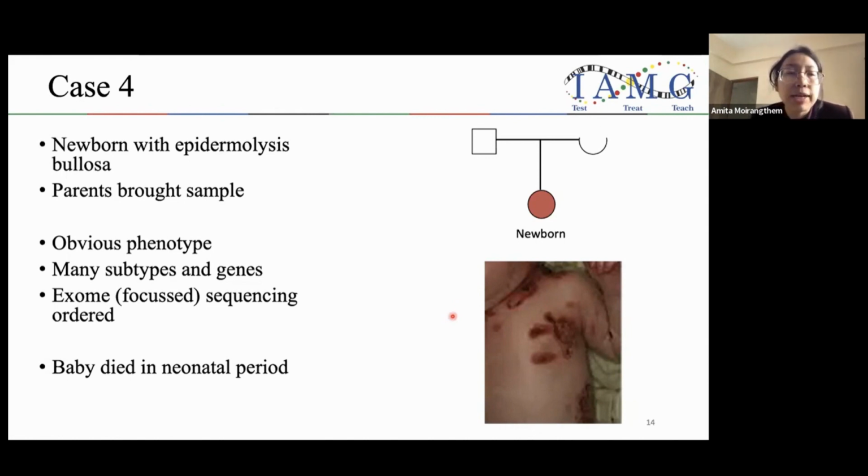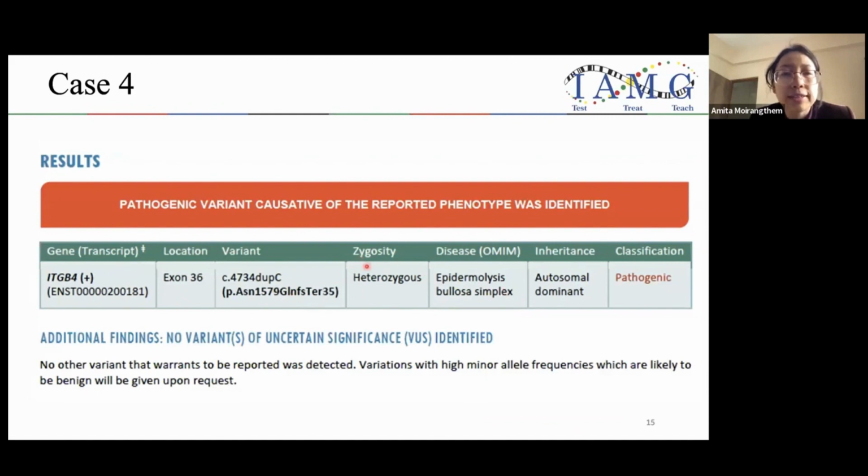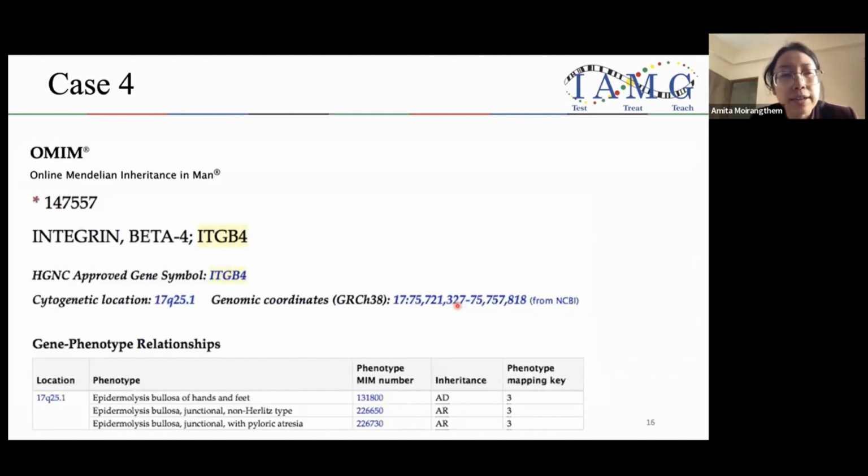So this was the report which was generated by the lab, where they identified a heterozygous pathogenic variant in this particular gene. So this is associated with epidermolysis bullosa simplex. So when we reviewed the report and did our homework, this particular gene ITGB4 is associated with three types of epidermolysis bullosa in OMIM. So out of this, the autosomal dominant variety is a very mild form of epidermolysis bullosa, which involves only the extremities, and the other two are both autosomal recessive conditions. So with the clinical condition in the baby, it was very unlikely that this is the autosomal dominant variety. The chances of the autosomal recessive variety being the cause was more likely, and we went and reviewed the case